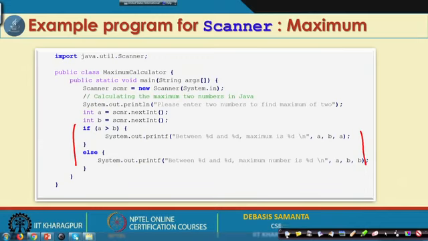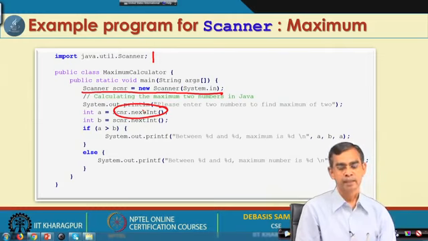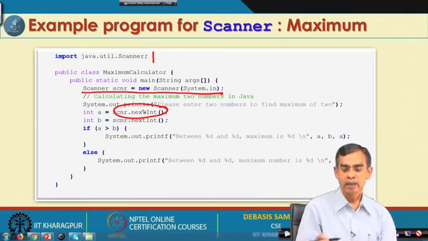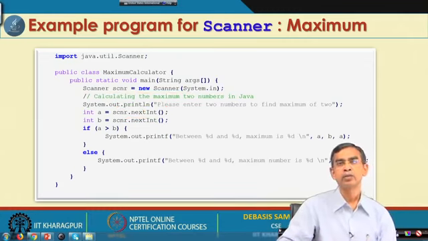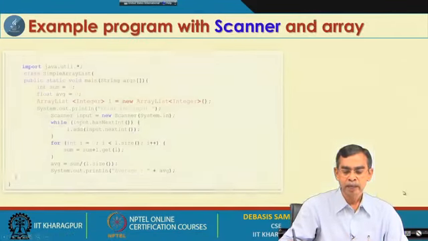So, this is one example, an alternative to the command line argument that we have discussed here. So far two things are there. You have to import it if you want to use the Scanner class, then you have to create a Scanner object using this, and then use this type of method, scanner object dot nextInt, to read as many inputs as you want. Now, definitely you have to mention when you should stop it. I will tell you one example, so that you can understand. This is an example of how it can work.